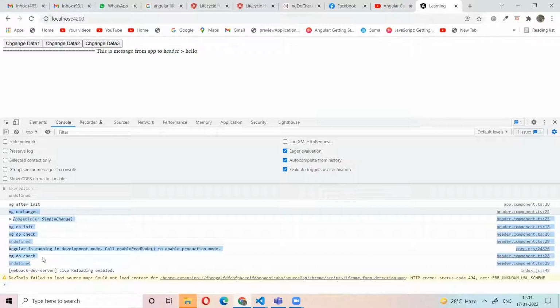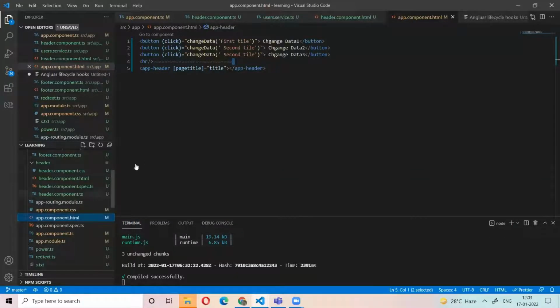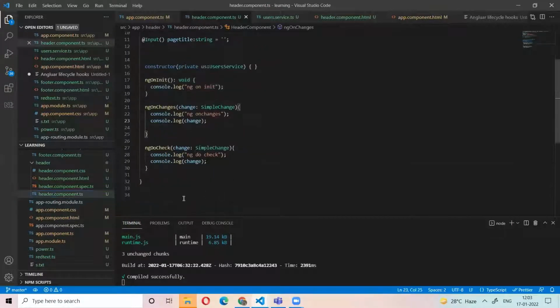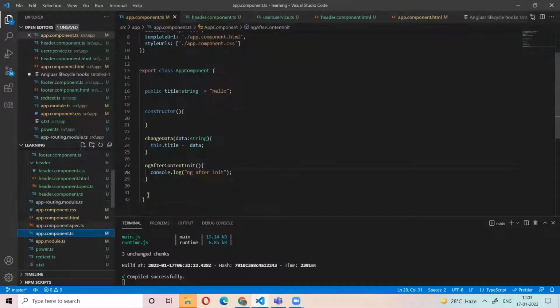When the child component and its view are initialized, then ngAfterContentInit is loaded. After that, all the methods in the child component will be called. So ngOnChanges, ngOnInit, ngDoCheck are the child component's life cycle methods. Before the child component's initialization, the parent component's ngAfterContentInit is loaded.